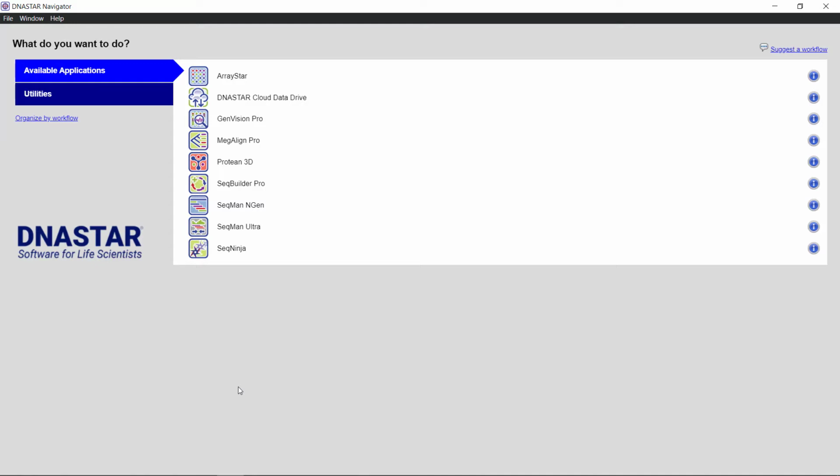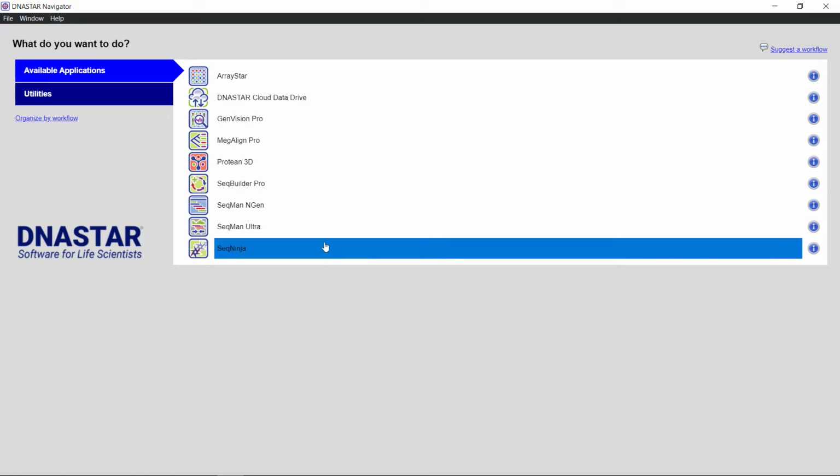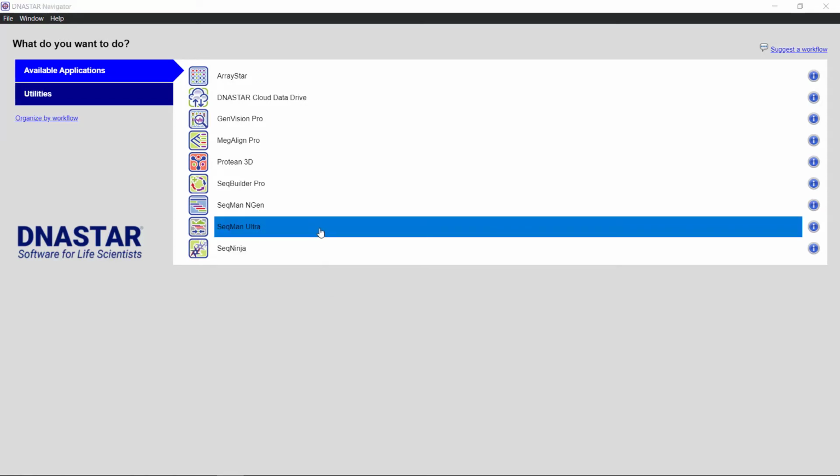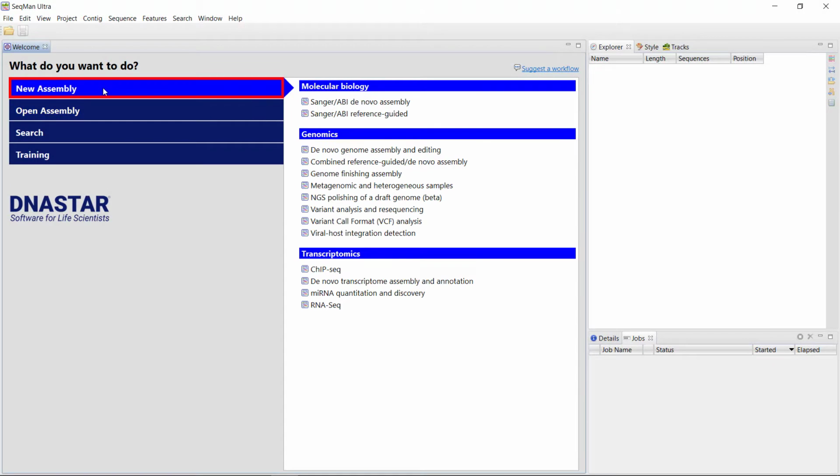In this video, I will demonstrate quick assembly setup in SeqMan Ultra. From the DNASTAR navigator, I'm going to launch SeqMan Ultra. Select New Assembly from the left, and then select Sanger ABI de novo assembly under Molecular Biology to launch the